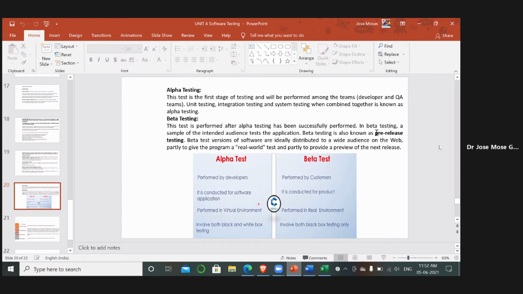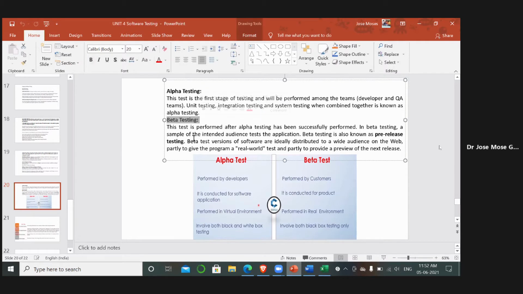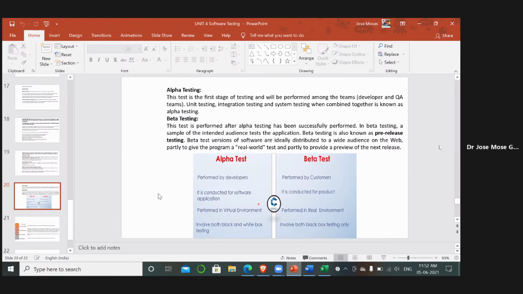Before the release of the software, the software will be given to some set of audience, some set of people, where they will be testing this particular software. That is called beta testing. For suppose, I hope as you are in second year, I don't think most of you have done it, but Play Store is the final product. Beta software is not like the software which is there in Play Store.